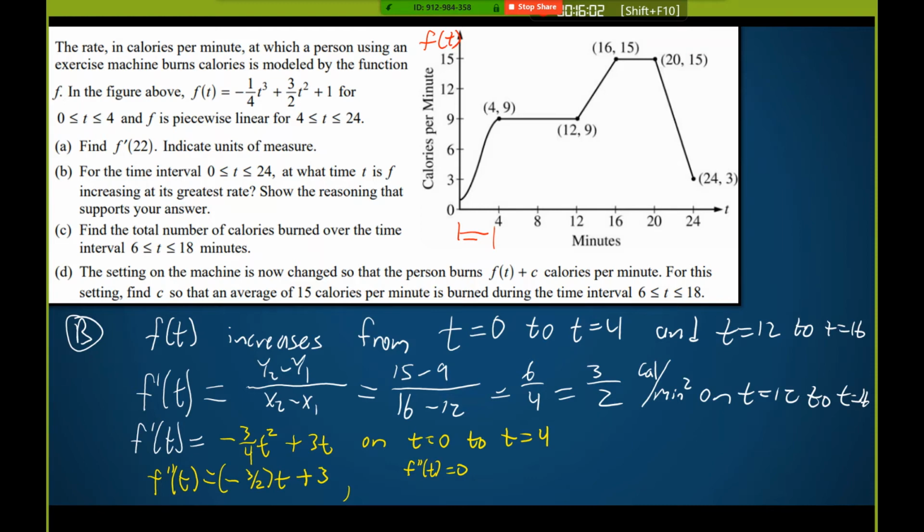Negative 3 divided by negative 3 over 2. Negative 3 times 2 is negative 6. Divided by the negative 3 is 2. So at t equals 2,